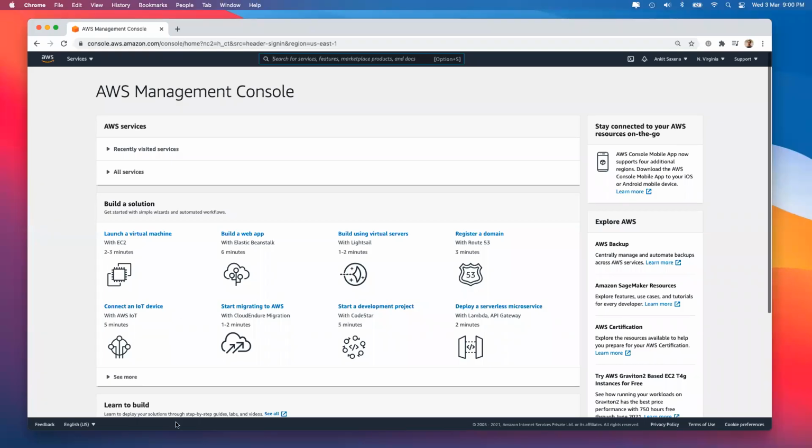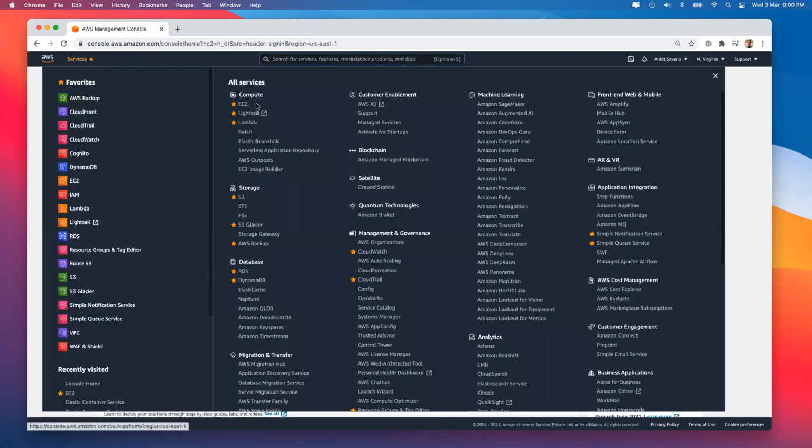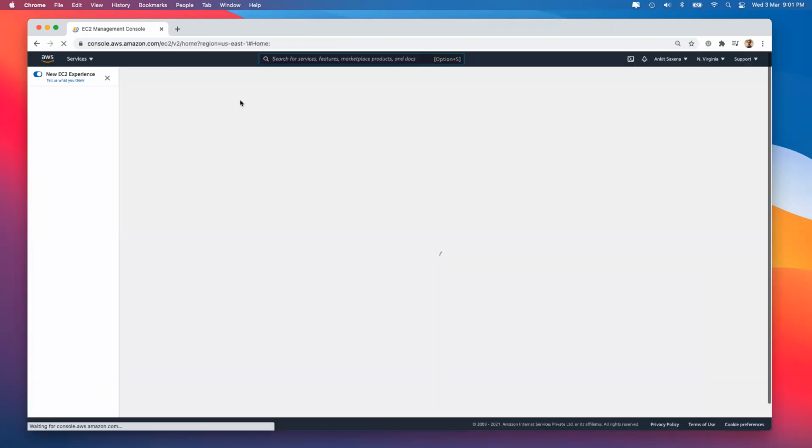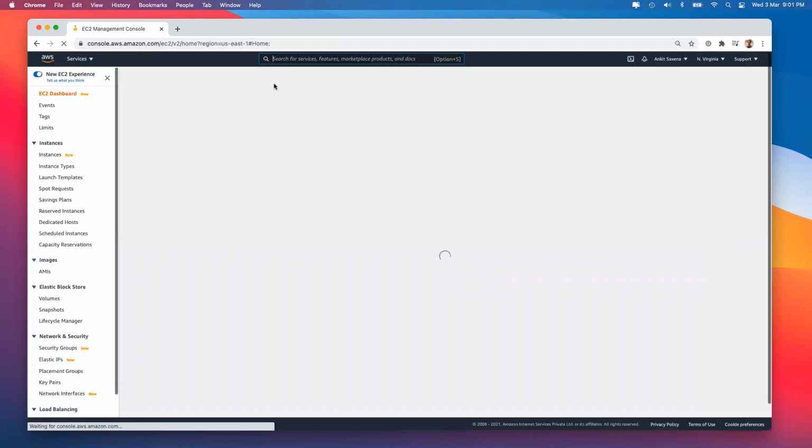So everyone, in this class we'll be talking about our global accelerator. For that, we'll first go and create our machine, and that machine will have our Apache web server installed. So for that, the first step, as we know, we go into our EC2 and let's go